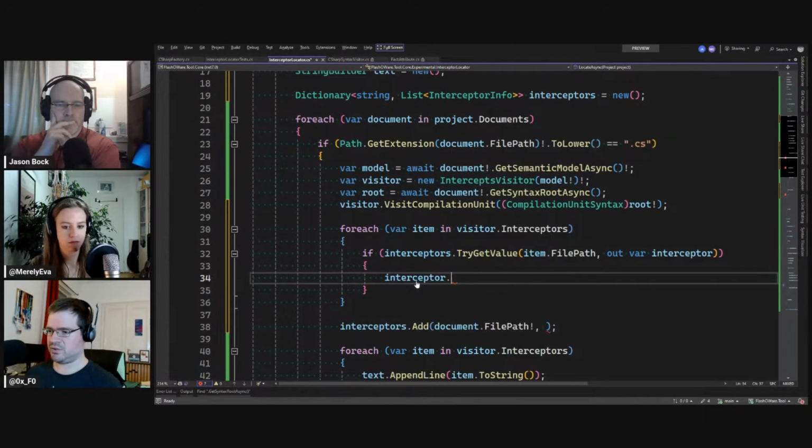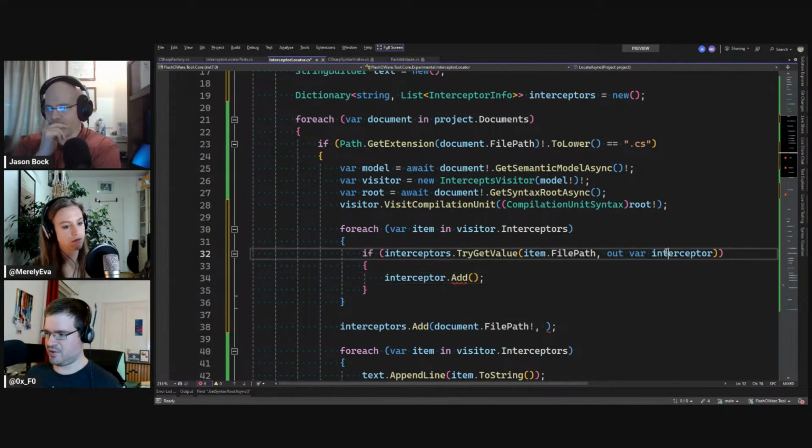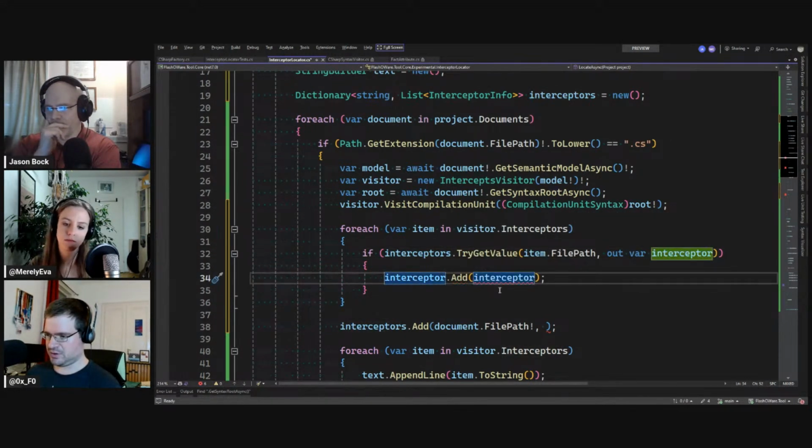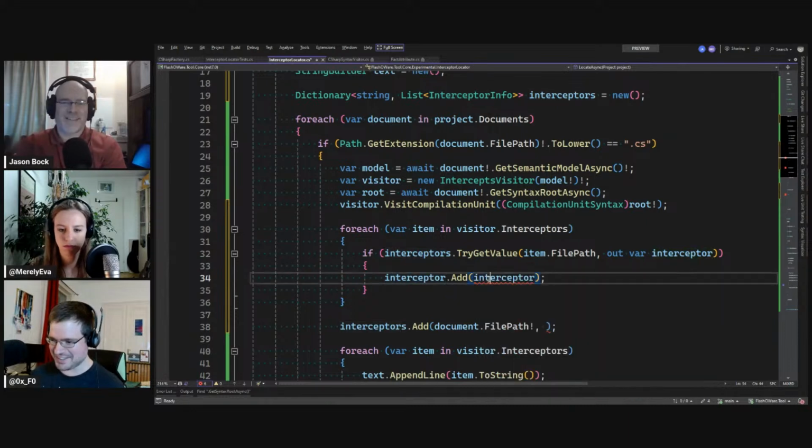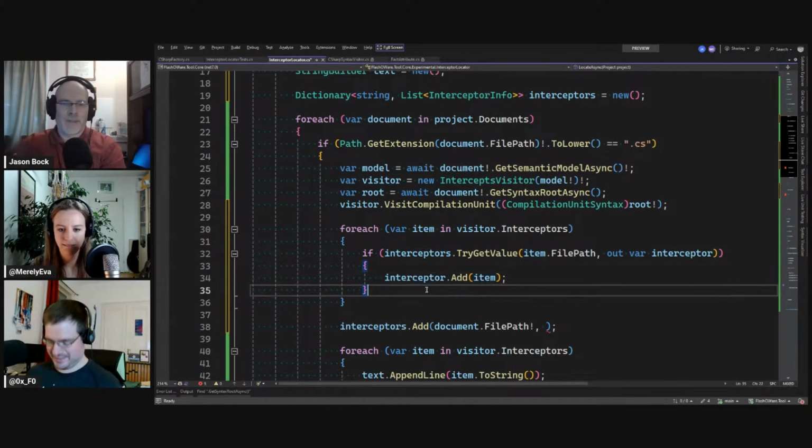No, this is now so that's the list. Yes, we add to that list the interceptor. No, hold on. This is the item. Yes. And otherwise,